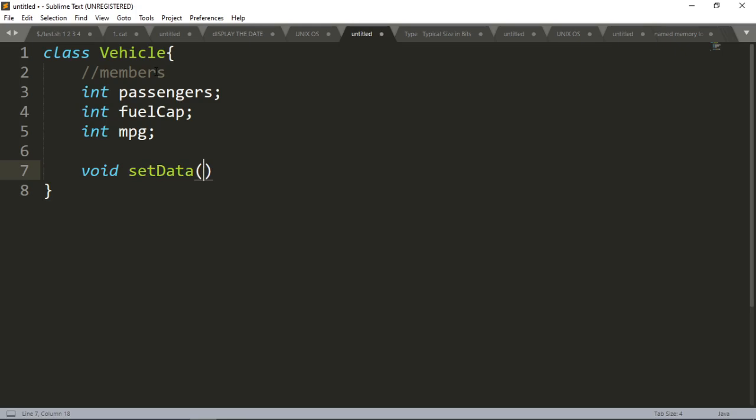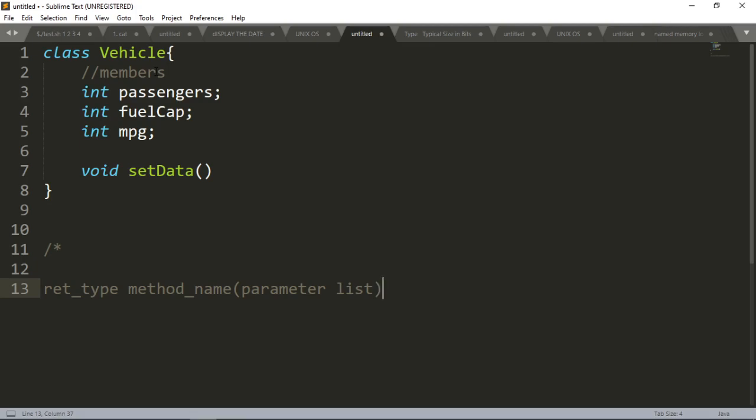Because of the argument, or parameter list. I have already told you the syntax of a method. Look here, this is the syntax of a method. This is the return type, ret_type. I am again writing the structure of a method: the method name, then within parentheses the parameter list, or you can say argument list.